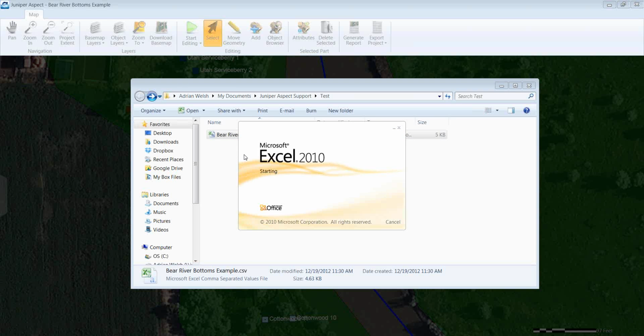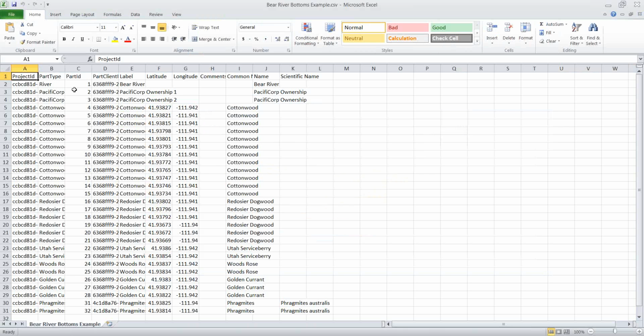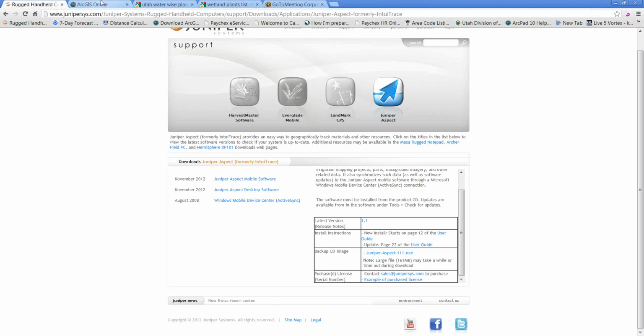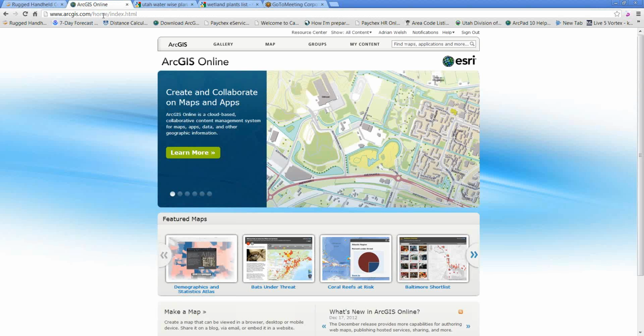And just another thing I want to show you real quick, only stuff that is a point, like trees and shrubs and irrigation parts that have a latitude and longitude, will show up on a map. Areas like my Pacific Core ownership or the Bear River lines do not have latitude and longitude here, and so they will not show up on a map, just as a caveat. So let me pull up ArcGIS Online. I have one open here. So if you just go to arcgis.com,